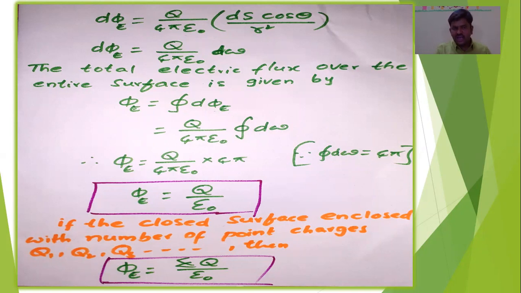Whereas using Gauss law, we can simply calculate the total charge, because charge is a scalar. Adding up all those 100 charges, we get a value, and we calculate the integral of E dS cos theta. We substitute in Gauss law and get the electric field intensity. Not only for continuous charge distribution, even for point charge distributions, when there are a number of charges, it is very easy using Gauss law.